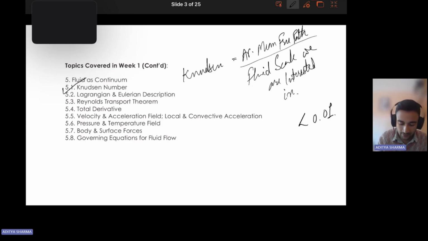Then in the later slides, how we define a fluid was considered. In this scenario, the Lagrangian and Eulerian descriptions were given. Then Reynolds transport theorem was also discussed. And then a very important tool, the total derivative, was discussed. So the total derivative is basically a sum of local derivative and, let me write this here,